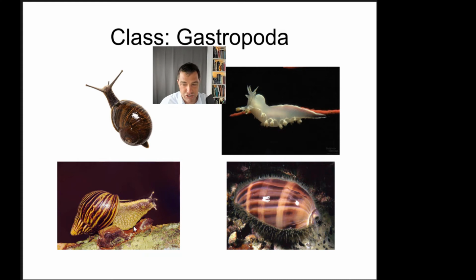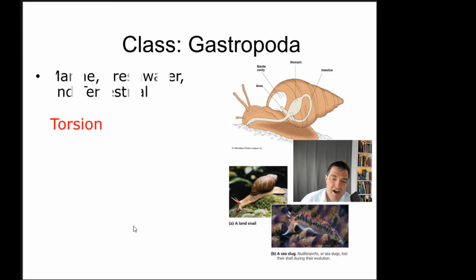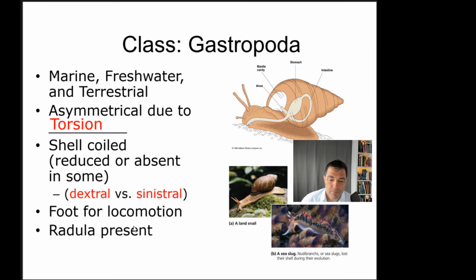Okay, then we have the Gastropoda. This is probably the group you're going to be most familiar with, I would think. And those are the snails and the slugs. There's a couple really interesting things that happen when you look at a Gastropoda. Not all of them are this way, but many are. They come in both marine, freshwater, and terrestrial types. So you can find land snails and freshwater snails and marine snails, and then slugs that are in those same